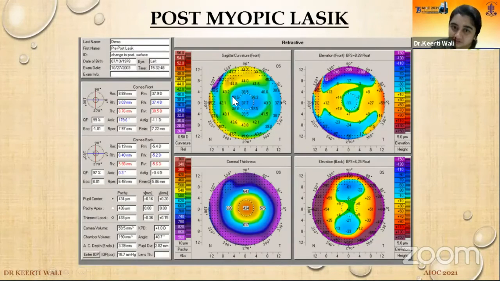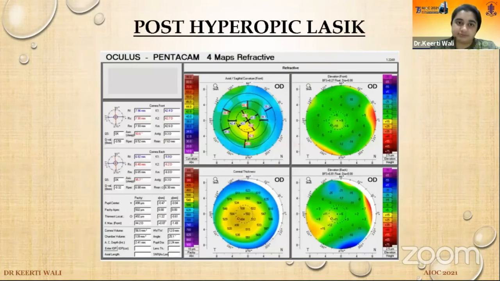Okay, so this is not coinciding with these values, a suspicion of ectasia. And when we see on the curvature map, it's a pretty flat case. So when such a picture is seen, this kind of flat case is seen post myopic LASIK. When a patient undergoes myopic LASIK, the center becomes flat and this kind of curvature is seen. And you can see residual astigmatism of -1, and the thinnest location is 433. So this thinning is because of the LASIK, not because of the ectasia. So this is a Pentacam showing a normal cornea post-myopic LASIK.